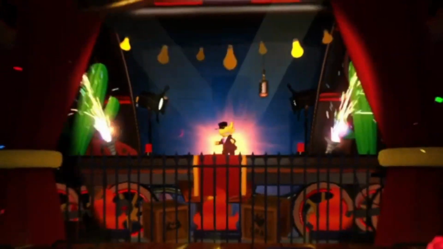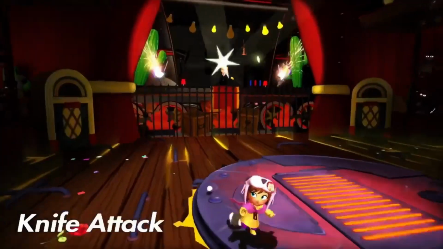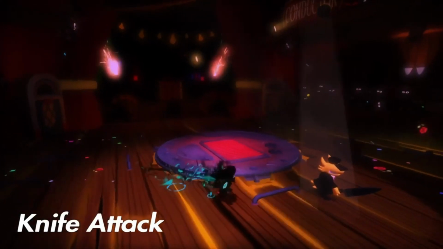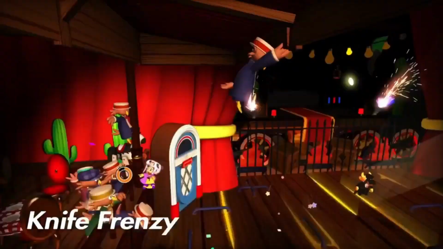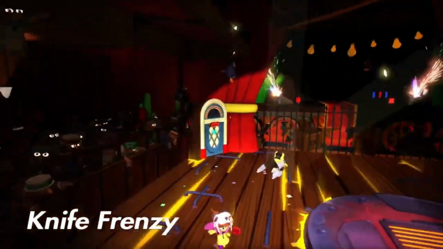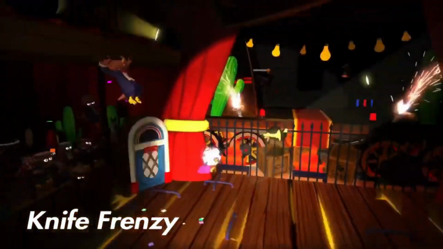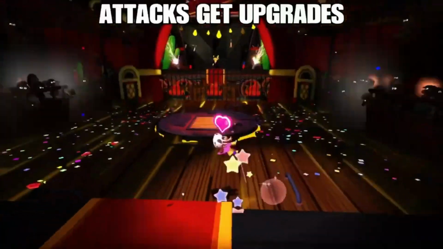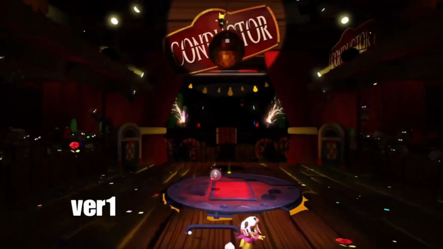After hitting him a few times, he will begin to rage and start doing new moves, like this knife attack which he does in the dark, where he throws a load of knives at you, or this knife frenzy move, which you need to do the homing attack on him to hit him without getting hurt. As well as these new moves, his other attacks now begin to get upgraded, giving them slight variations, the worst